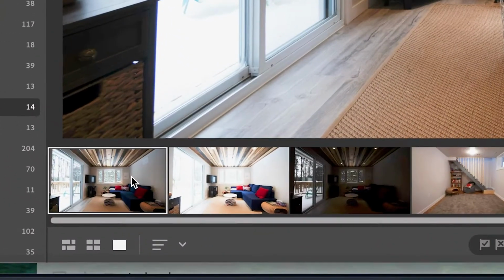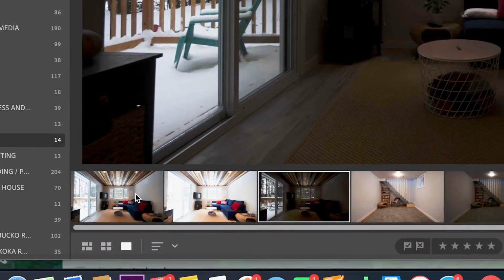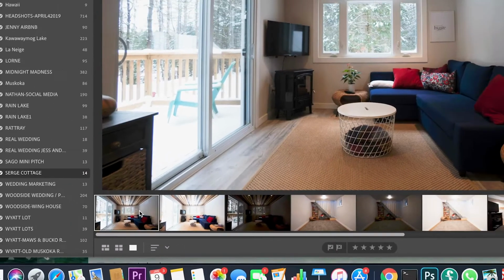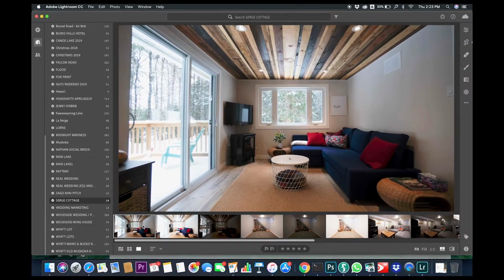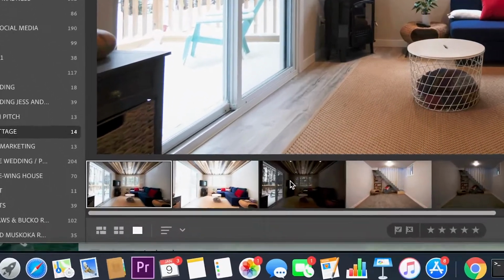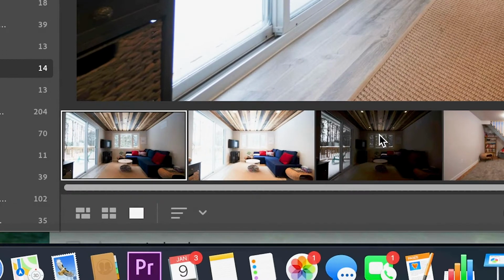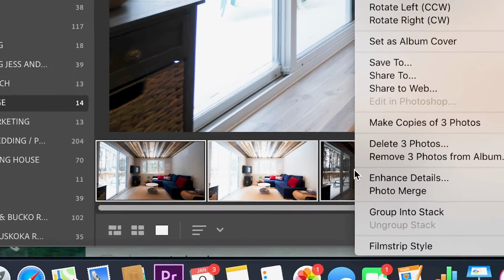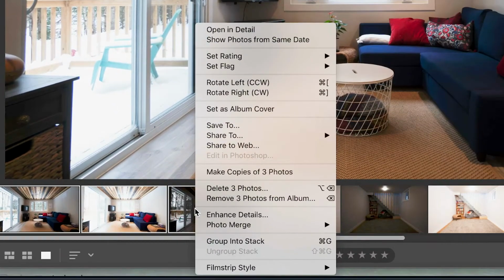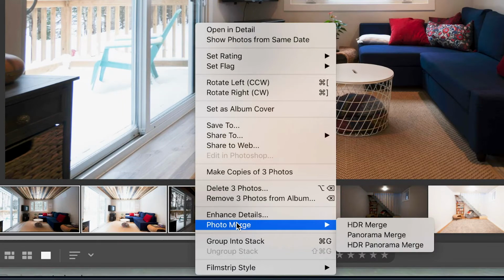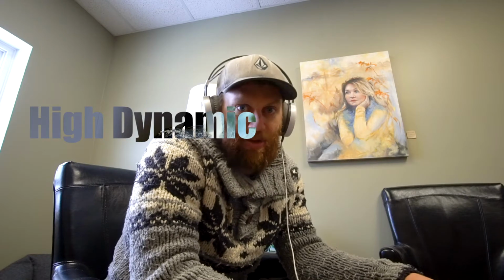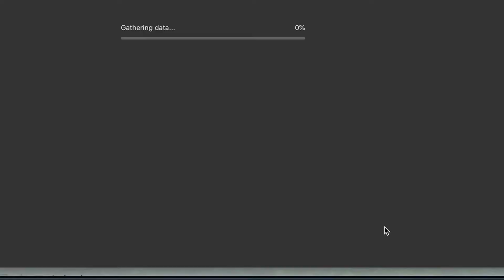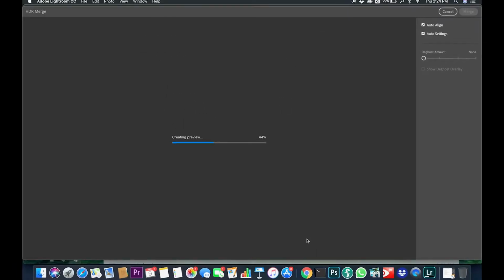Down here, 1, 2, 3, we've got the underexposed, the overexposed, and the perfect exposure. You're gonna hold down Shift, click the first photo, and then click the third photo. That'll highlight all 3. You got these little boxes around each one. Right click, that's gonna bring up a little sub menu here. Go down to Photo Merge. You're gonna go over to HDR Merge, High Dynamic Range Merge. Click on that. It's gonna do a little